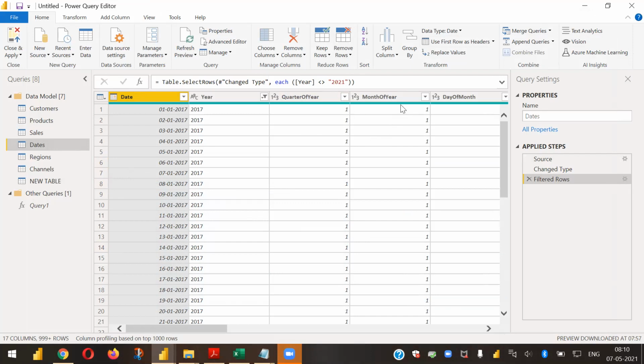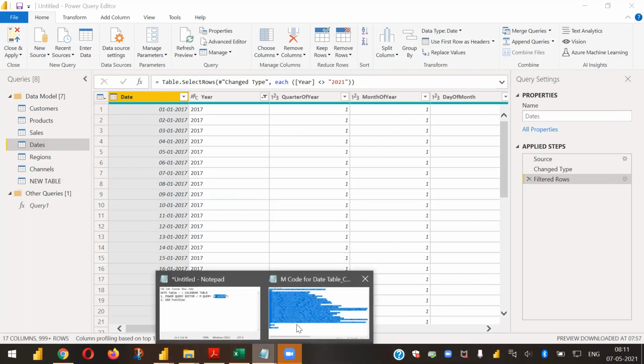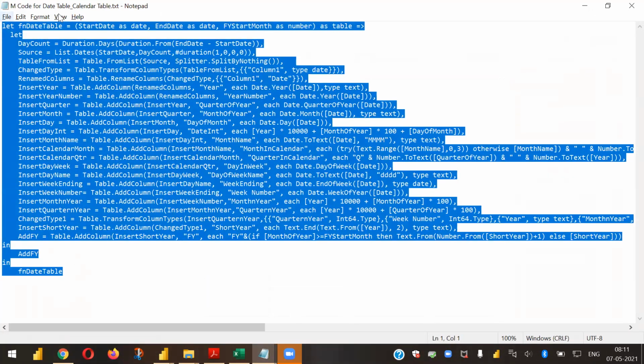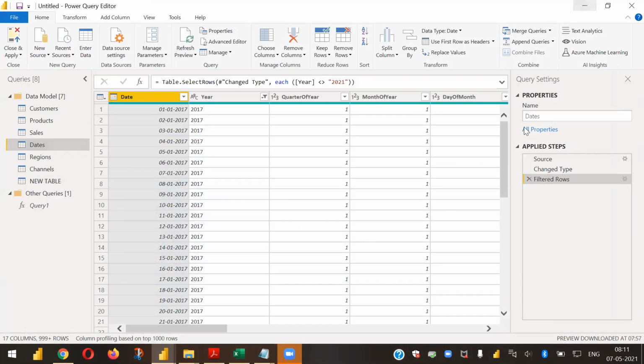Okay. And one more thing: could that date table be imported anywhere else? We are indirectly importing. When you say anywhere else, in what sense? We have created that table in our Power BI desktop. If I want to import that table into my Excel sheet, is it possible from here?